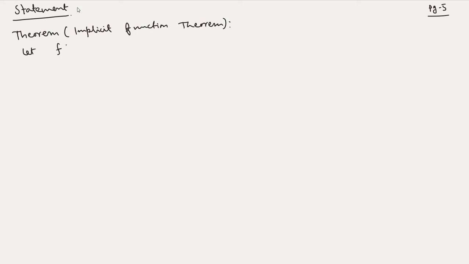Let F be a function from Rn cross Rm to Rm, be a C1 function. So what is a C1 function? C1 means continuously differentiable function. So all the partial derivatives exist and are continuous. Okay, so C1 means continuously differentiable function on